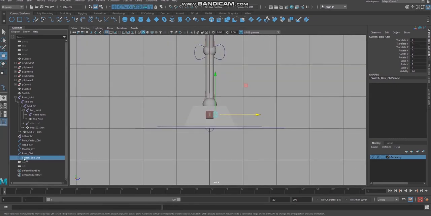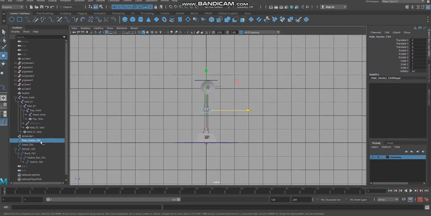Now bring this switch box control under the root control and bring the root control under master control, and you can see pole vector control and head control are outside.